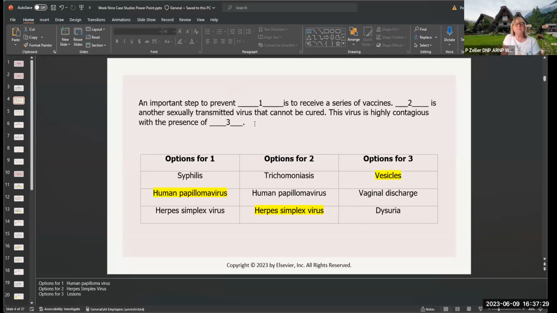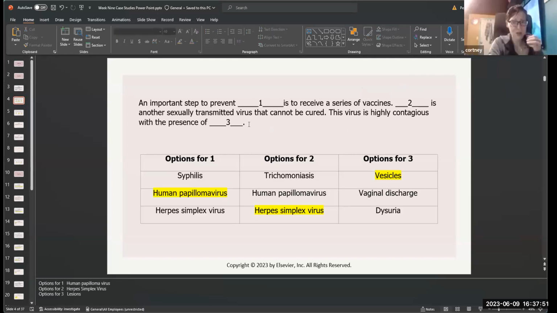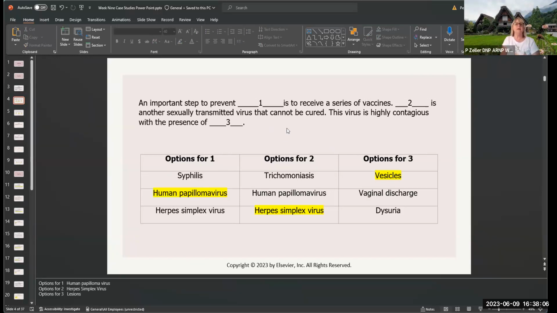So an important step to prevent human papillomavirus, which is HPV, right, is to receive a series of vaccinations. Do you know what that vaccination is called? Is it the Gardasil? Gardasil, yes. So we can give it as young as 9 years old up to 45 years old. I think your book probably still says 25, but it can be given, and usually the older you are, the